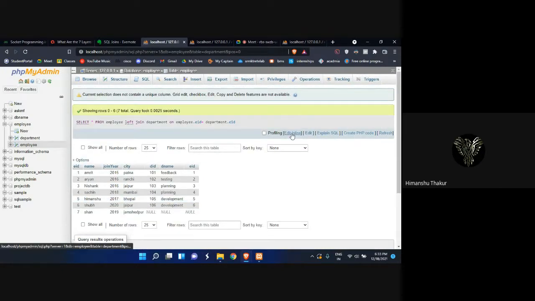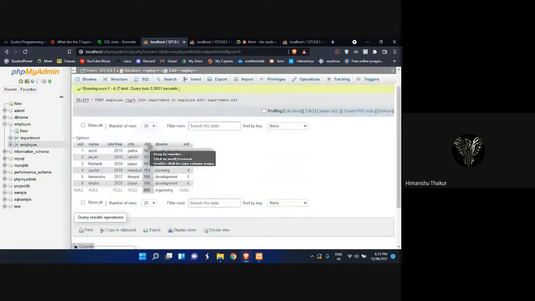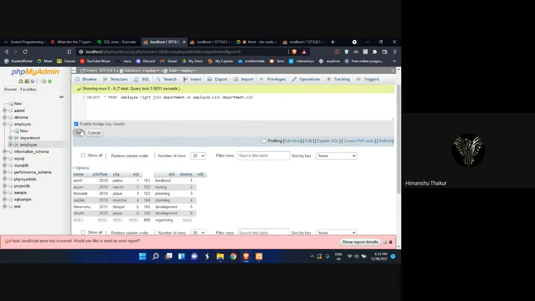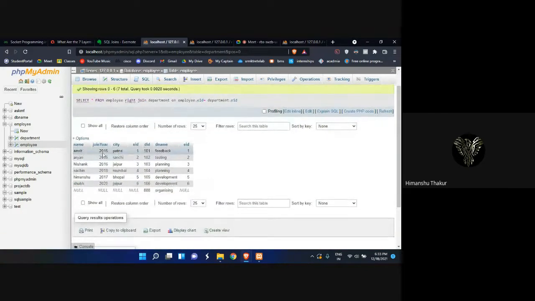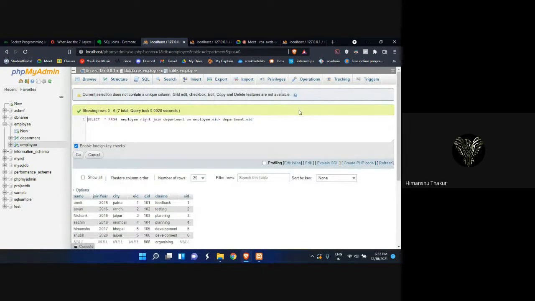And similarly, the right join is no different. What right join does is it just does the opposite. It will show the whole right table, but it won't give me the records of the left table which don't have the values. So it's like that. I know it may not have been understood well yet.